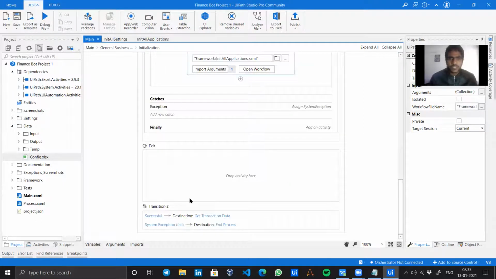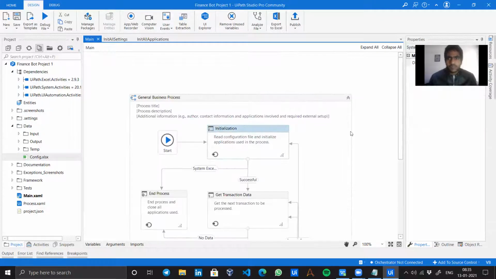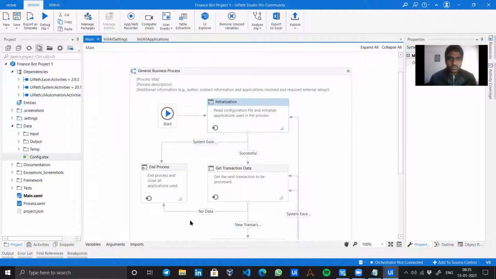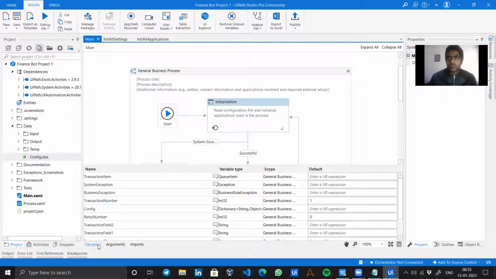Now after this it will lead to get transaction data. Before going to that, let me show you one more thing: this REFramework is based to work with queue items, so I need to convert it to work with the Excel data. So what we can do over here, we will change every queue item to Excel data table.